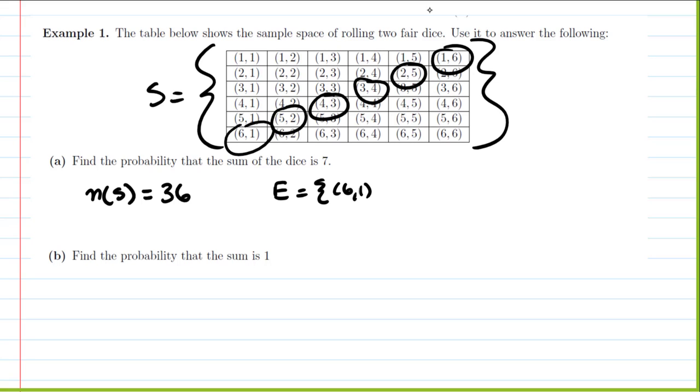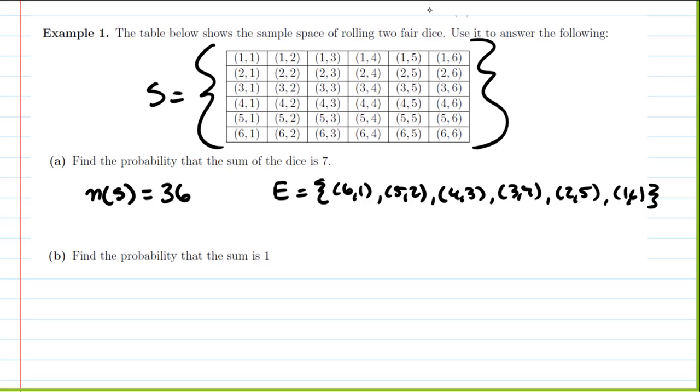So we have 6, 1, 5, 2, 4, 3, 3, 4, 2, 5, and 1, 6. So how many things are there in the event E? Well, 1, 2, 3, 4, 5, 6. So then the probability of rolling the sum of 7 is going to be 6 over 36, or 1